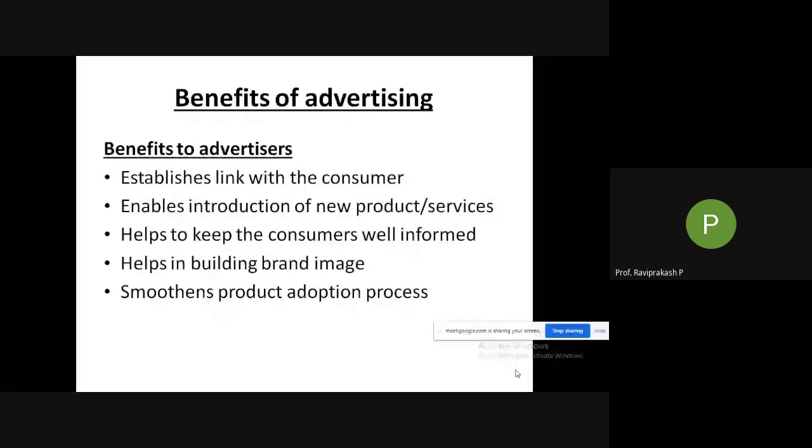Or if it's a new thing, if you are a first mover into the market, that means you are coming up with a unique product and you have the advantage, because all others are not having anything in the market. For example, touchscreen mobile phones. It might be a very old example, but a few years back touchpad or keypad mobiles were there. So suddenly one of the mobile companies came up with a touch screen. So he was the first mover.